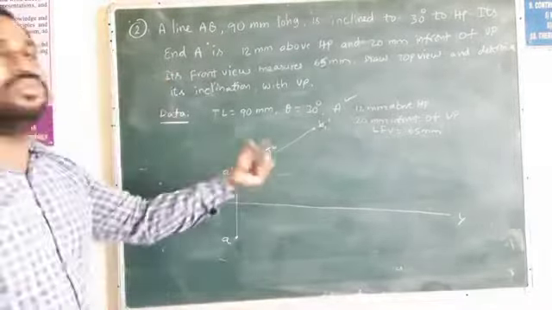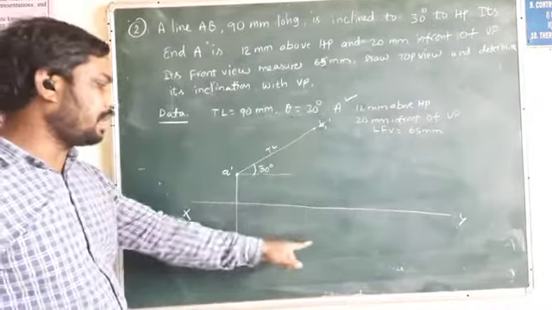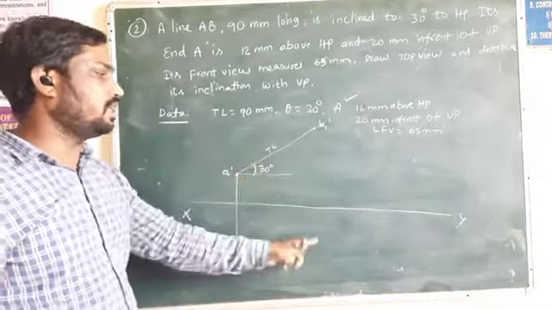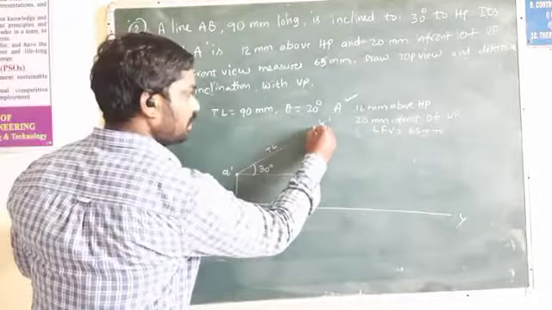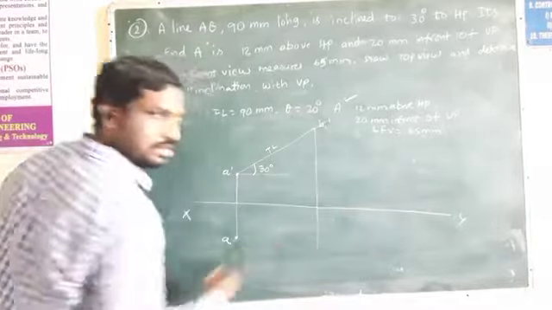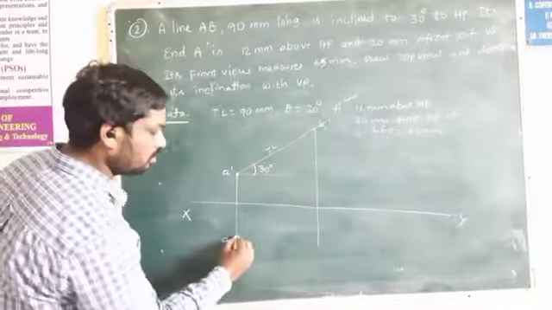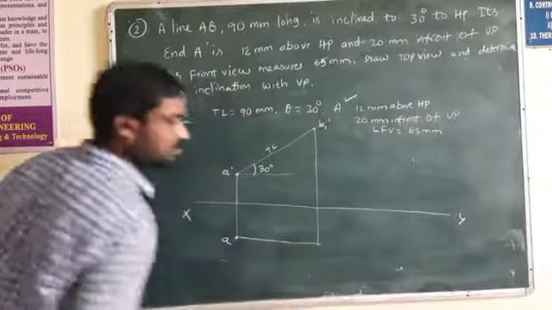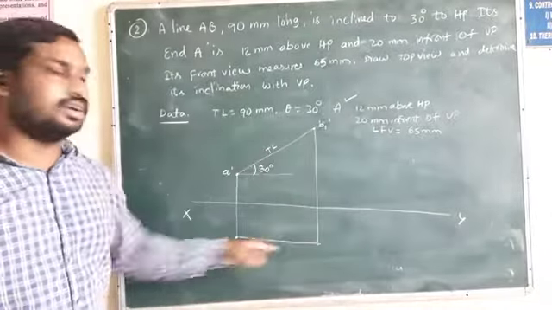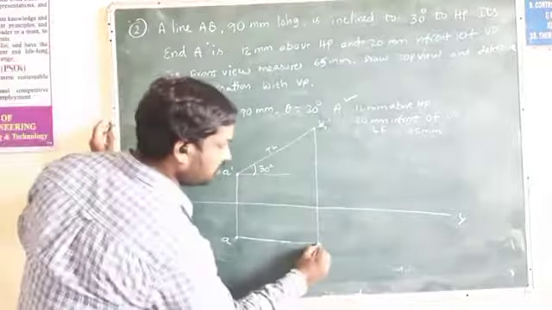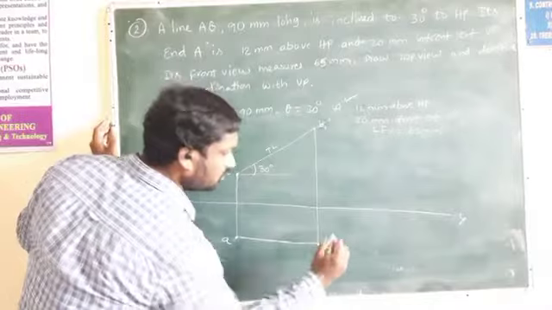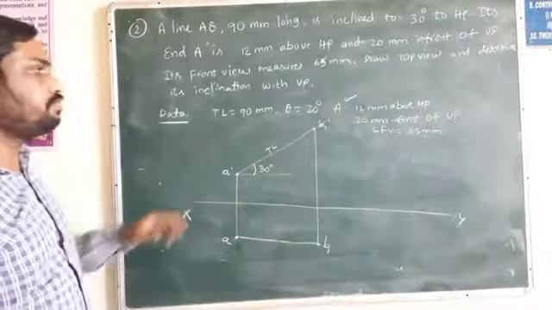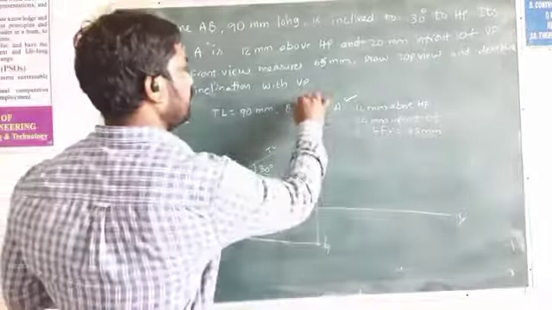This line is inclined to HP and parallel to VP. We know about this from case 1. It is inclined to HP and parallel to VP. Now draw the perpendicular line, that is the vertical line, and the parallel line, that is the horizontal line. With the projections, one is the vertical line and the other is the horizontal line. Now we project on this one. This is B1. Okay, it is completed, the theta angle is completed.